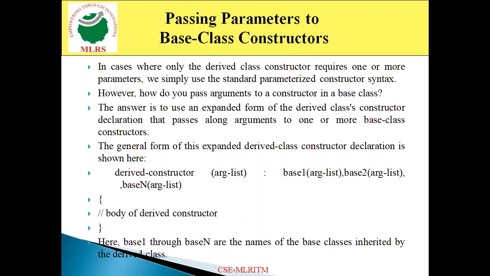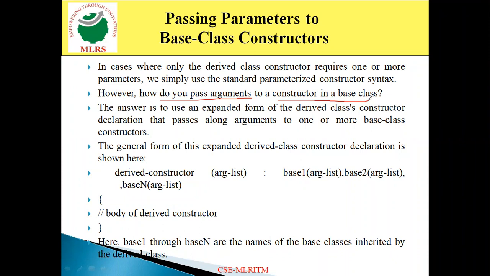When we pass parameters to the derived class constructor, it is easy to pass them at the time of creating the objects. Apart from this, in some cases, we can also pass parameters to the base class constructors. Then the question is how to pass the parameters or arguments to the base class constructor. In which manner can we pass the parameters to the base class constructor?